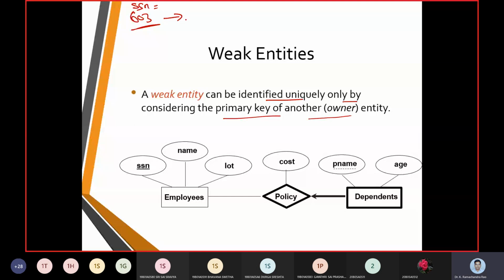Now I have my dependents. Dependents are nothing but the spouse or the children.